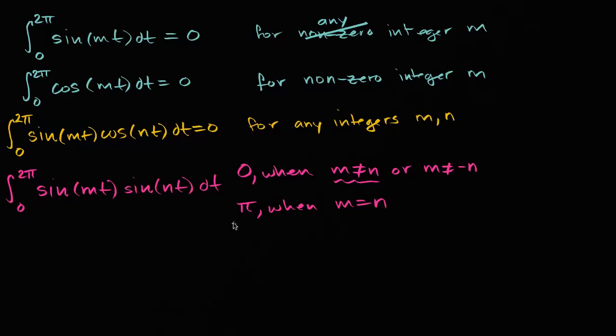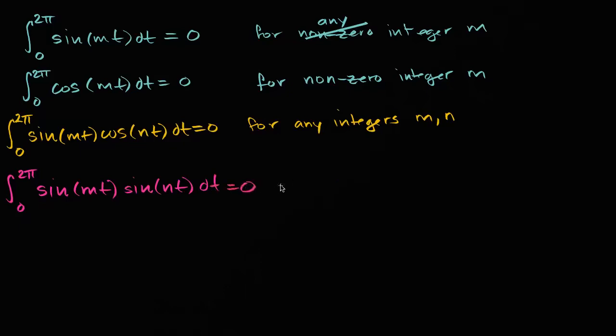Or another way we could write this, actually let me write it this way. This integral is equal to 0 when m does not equal n or m does not equal negative n. And we're going to assume integers. When integers, m does not equal n or m does not equal negative n. And then if n is equal to m or vice versa, we could say that the integral from 0 to